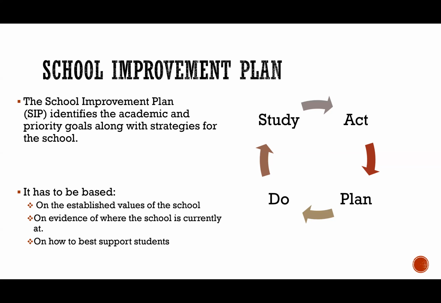So every target outlined in the school improvement plan is constructed based on the current situation, based on the analysis of the values of the guiding statements of the school. It aims to improve students' outcome. So once I take all of those into consideration, I come up with my actions. I will act upon that, then I need to evaluate, and then I have to go again in the same cyclic manner.